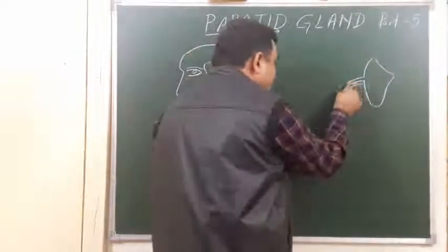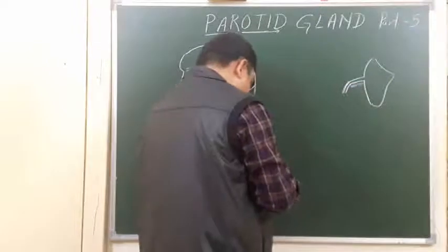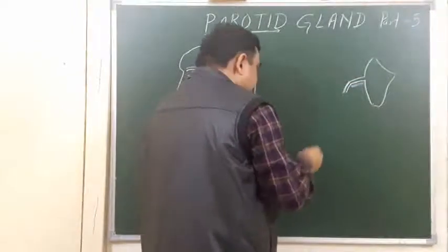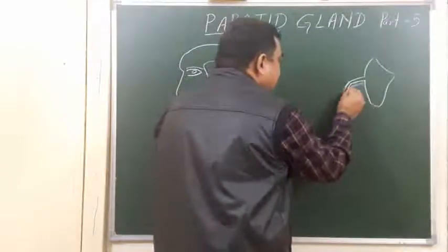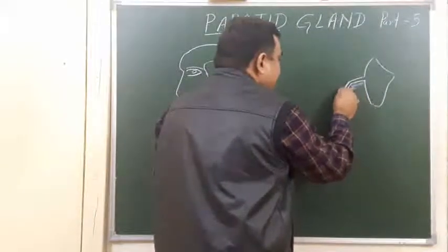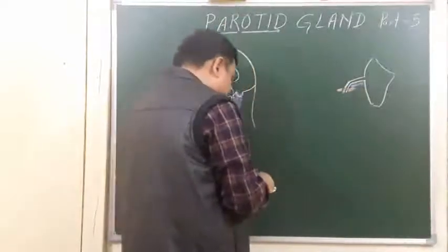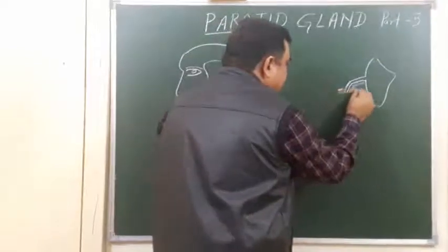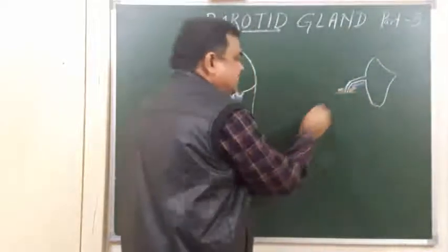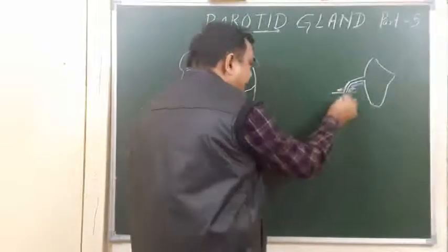it turns and pierces the buccal pad of fat. So it pierces the buccal pad of fat. Then it pierces the buccopharyngeal fascia. Then it crosses obliquely